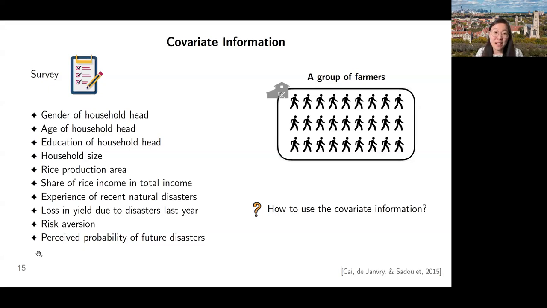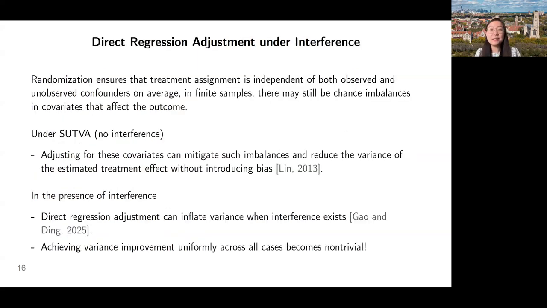Okay. So when we have that information in our hand, we don't just want to throw it away. We want to ask ourselves how we make use of that information to hopefully improve the precision of our estimators. And this is not specific to this interference problem. In causal inference, there is a long history and a lot of literature on how to utilize information of covariates. And the key insight here is that yes, we are in this experimental setup,